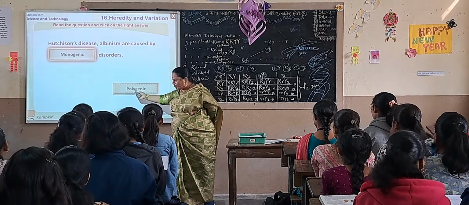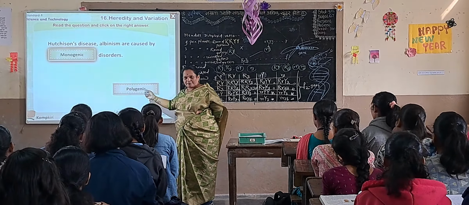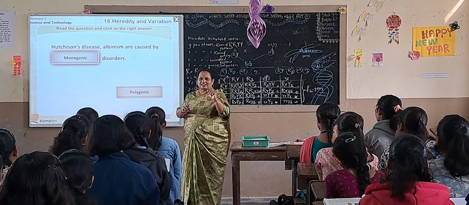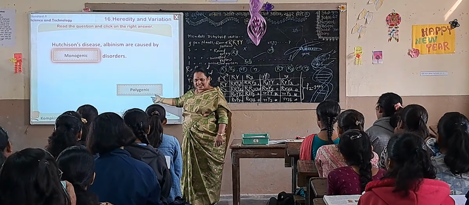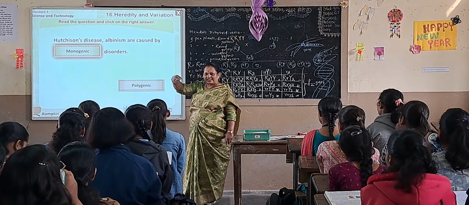What is poly? Poly means many. When many genes determine a single character, that is polygenic, and when a single gene determines the character, that is